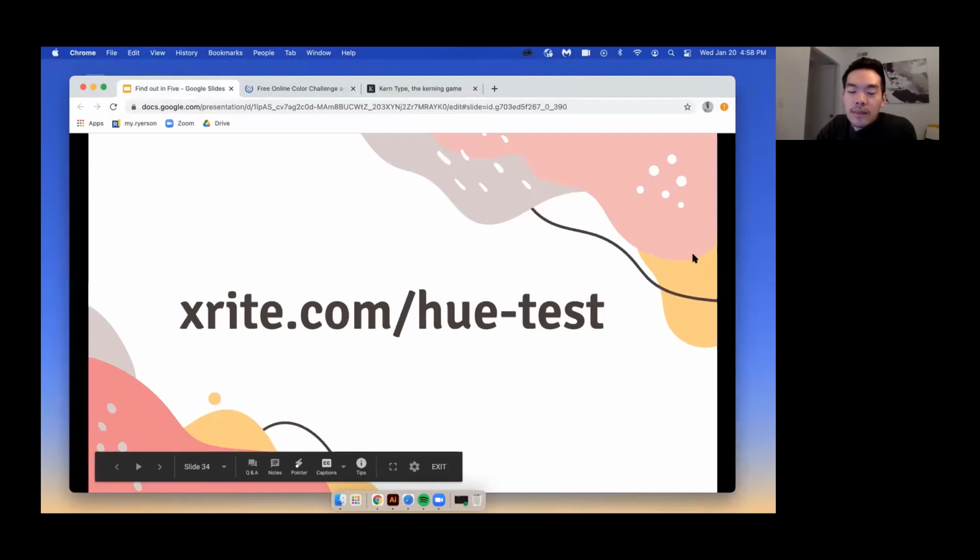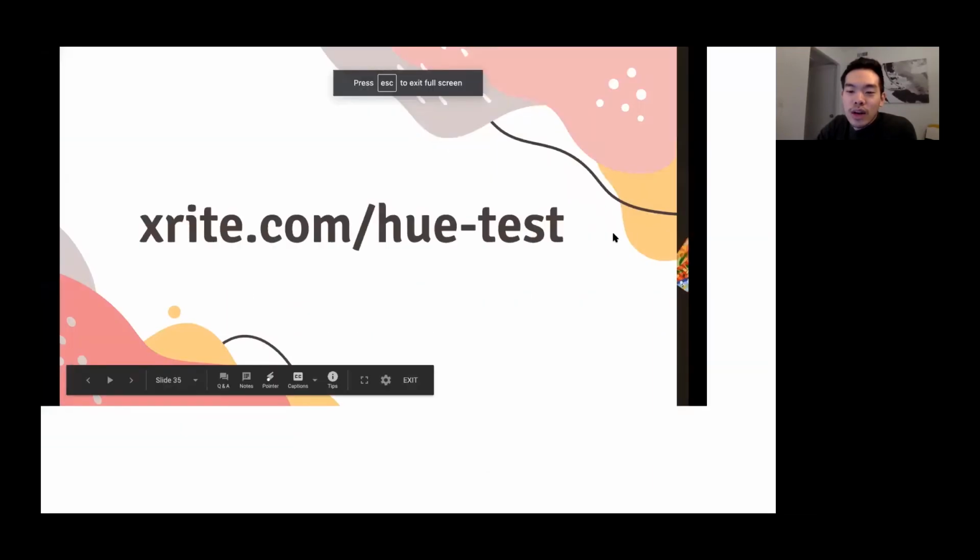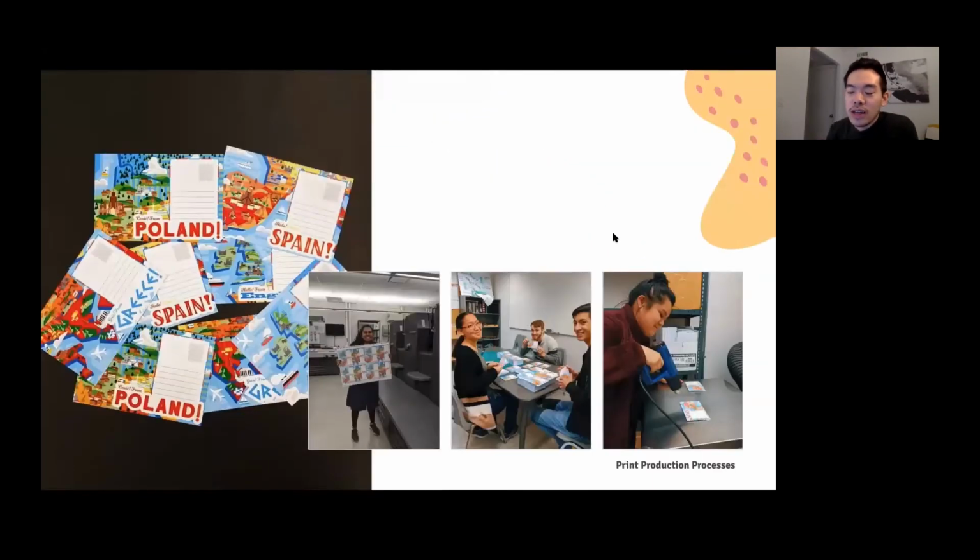All right. And then a couple quick projects related to color to show you. So I mentioned that first year project right near the start where the students mix their own ink and they printed the poster and so on. In fourth year, we have a print production processes course, which really takes that to the maximum level and really gets you ready to be working in industry towards the end of your degree.